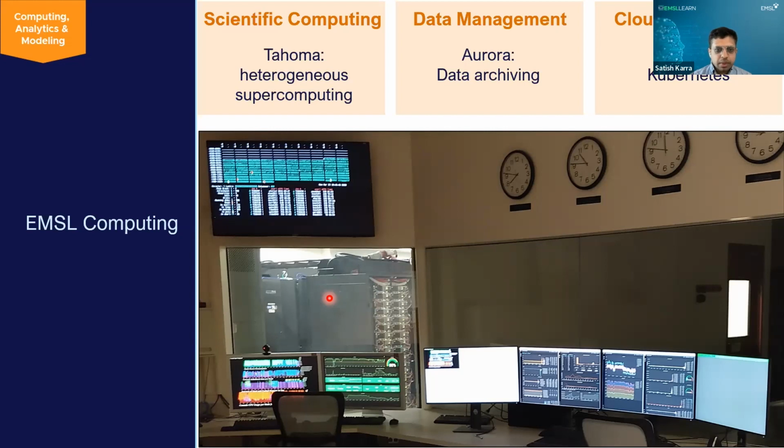So if you are using data either coming from EMSL instruments or your own data for building AI/ML techniques, this can be archived on Aurora. And thirdly, we have cloud computing infrastructure based on Razor clusters. For example, MAP, which I highlighted in the previous slide, is hosted on one of our Razor clusters. So when you are proposing something around MAP, this is a capability that might be of interest.